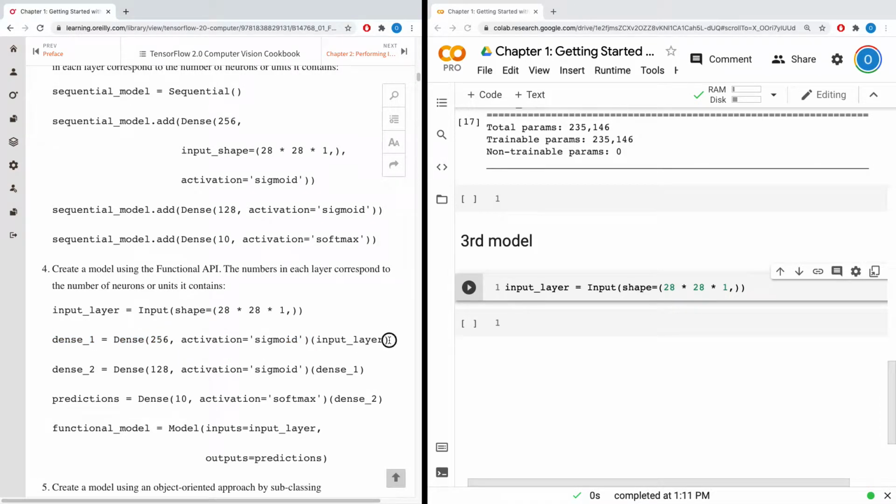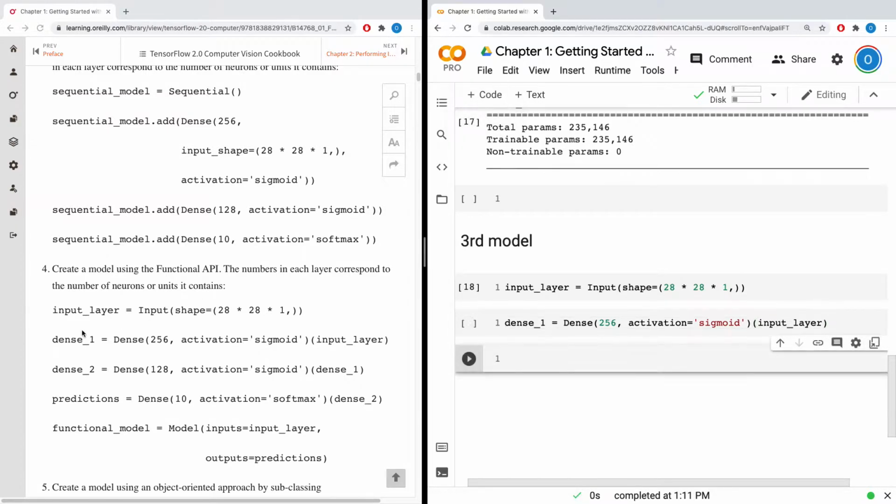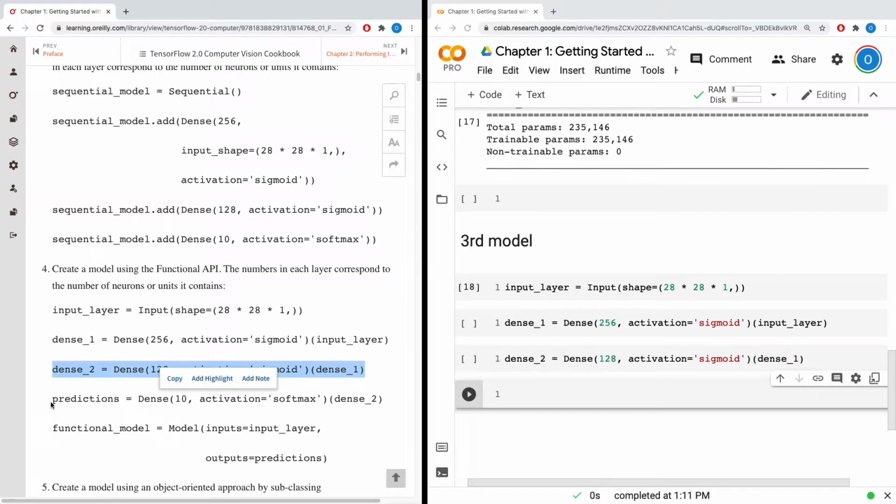So that's the convention of the functional API. This is the first layer. Then you have the second layer too. Here you have not built the graph at all. You are just defining variables. And this is the third. So this third layer is the